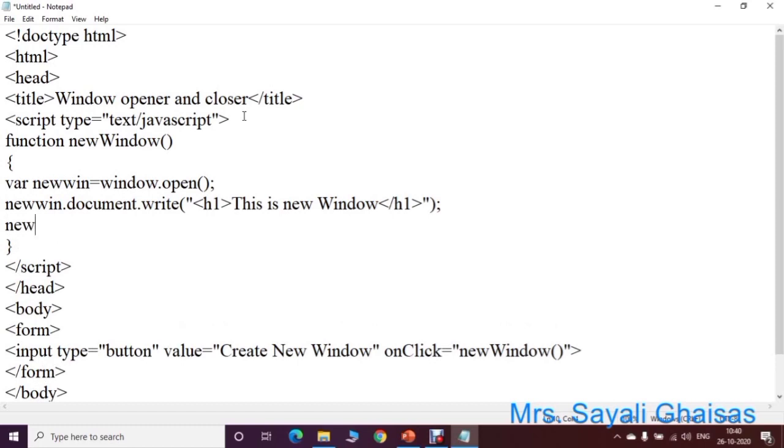So for that, again use variable newWin dot document dot body dot style dot, then use a style property, that is backgroundColor is equal to, suppose within a double quote, specify a color, sky blue, then semicolon. Now save this program.